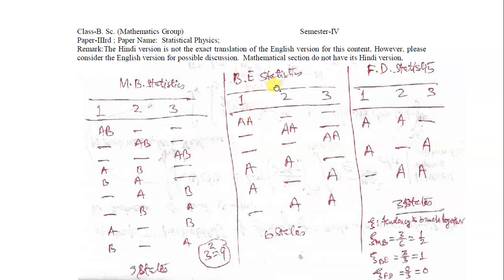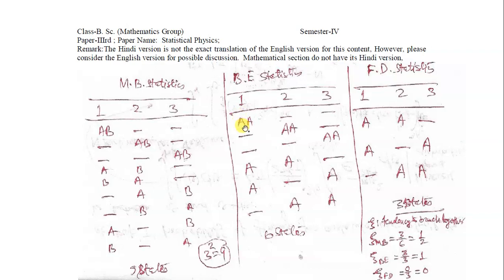But in the case of quantum mechanical statistics, since the molecules are identical, they are indistinguishable. So AB is the same as BA; A and B are both basically A. In that situation, you have a possibility like this. In the case of Maxwell-Boltzmann statistics, the occupancy of a state can be anything: any number of molecules, 0, 1, 2, 3, can occupy any state 1, 2, 3. So this state can be occupied by 0, 1, 2 molecules, with the total number of molecules being 2.